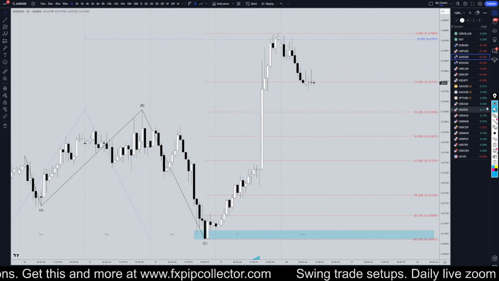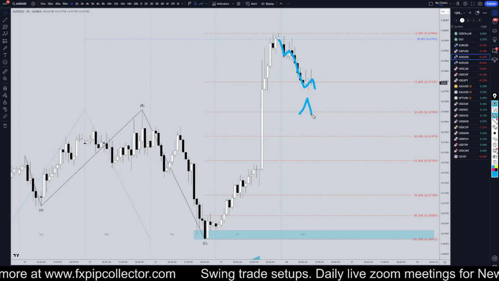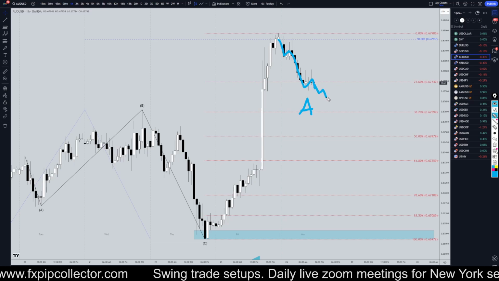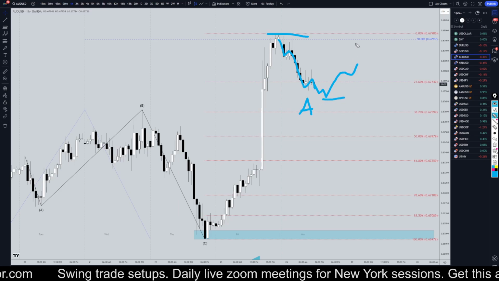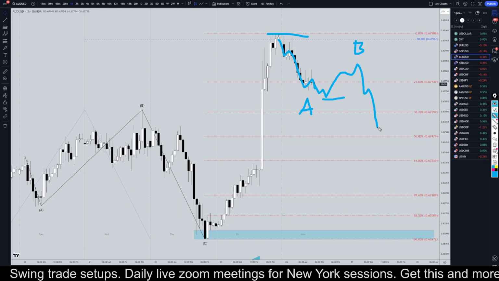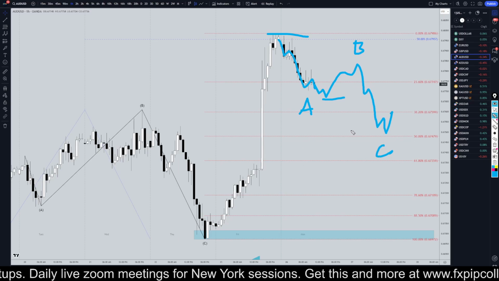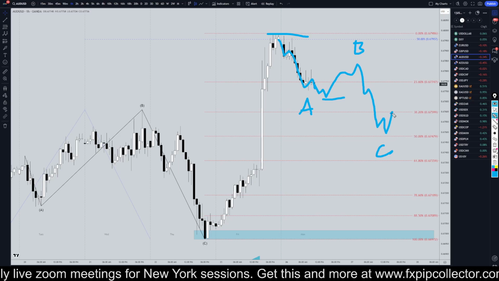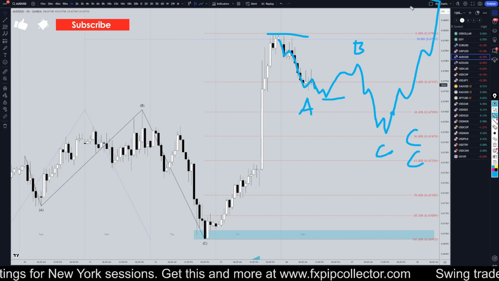Going down to the 1 hour time frame, this move down is definitely fairly impulsive, which means I think it's a wave A. Probably at some point, we're probably going to stop a move to the upside, which would likely be a correction to the move down for a wave B. Then I would expect to see another push down for a wave C. Like I said, I personally am waiting for an ABC correction, a three-wave pullback, for a Fibonacci bounce in order to go long for the continuation of the uptrend.